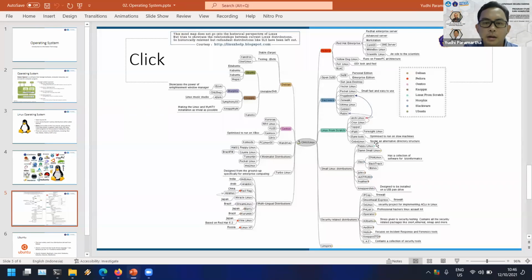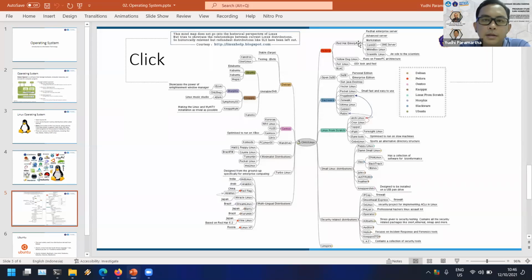For example, where is Red Hat? I don't see it. Oh, okay, Fedora.